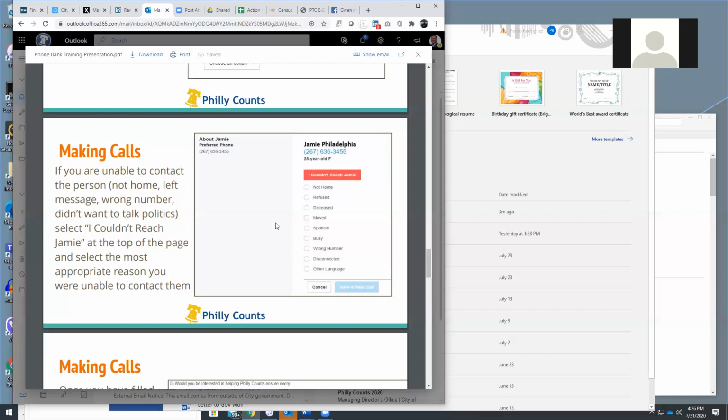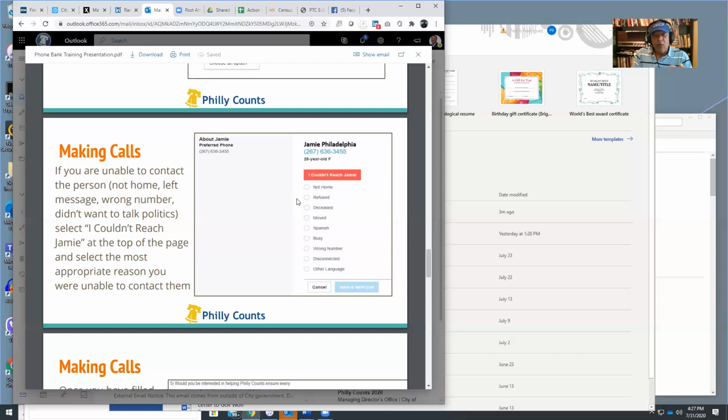Okay, that makes sense. And then sometimes Jamie would pick up the phone and say, "I don't want to talk to anybody," and hang up. You're going to put refuse for that. So if that happens to you, don't take it personally. They don't know you. You don't know them. People have bad days. Things happen to people and they just don't want to talk to anybody. And we just respect their privacy and we just mark it as refuse. Nobody else will call them.